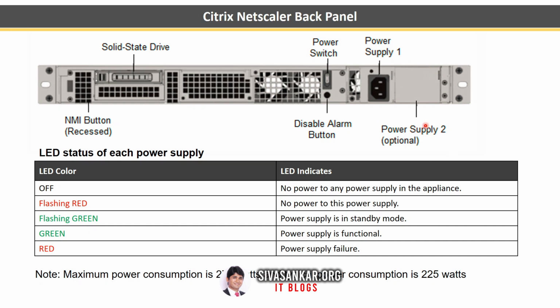You can see here it's optional, but you can add another one, because in the data center you have two PDUs, you have to connect one on each side, so you need the second one. Always remember, when you are ordering physical boxes, one is SFPs in the front, one is the additional power supply in the back. This is very important. Now the power button is very simple. When you want to power on, just press this. When you want to power off or reboot, also press this. It's like a spring button. When you want to disable the alarm, you can press this one.